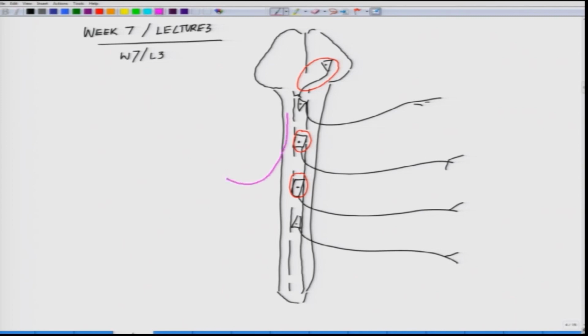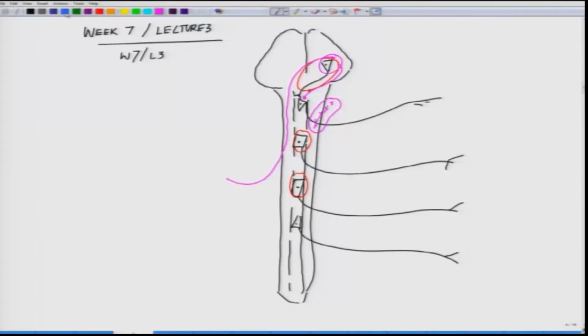Signal going by the ascending pathway, reaching the motor cortex, getting processed. The processed information comes back, but from here it fails to transmit the message. So if you compare it with Parkinson, where the central processor or the brain failed to convey the message, here the spinal cord motor neuron, or the ones which are called ventral horn